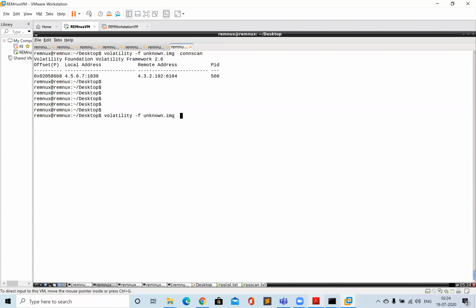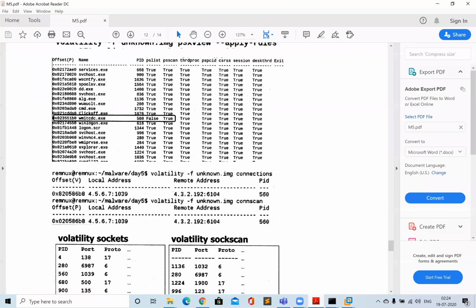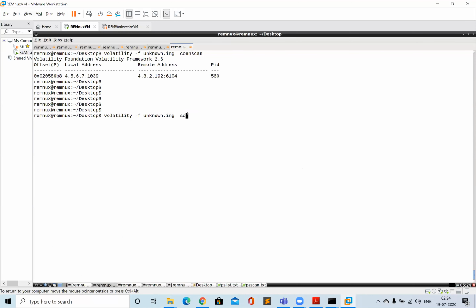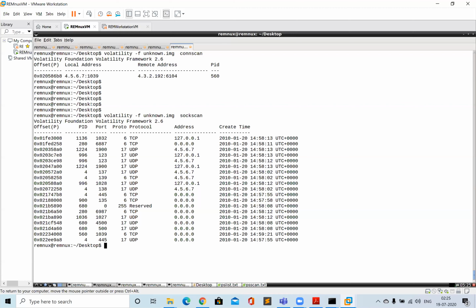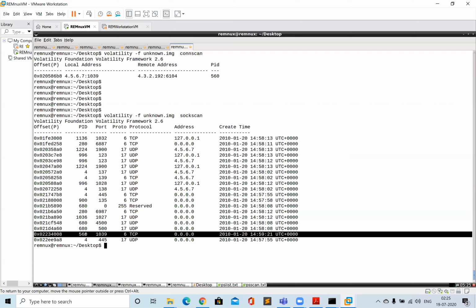Now let's see which plugin is there. The plugin name is SOCScan. It's a replacement of netstat, but it works in memory and also captures the hidden process. So let's run SOCScan. Now you can see that for port 1039 the PID value is 560, and it is listening on any IP address. 0.0.0.0 means it is listening on any IP address, and anyone can connect to it. So definitely this malware Vim TCDC with PID 560 is a backdoor. You can tell it from here.